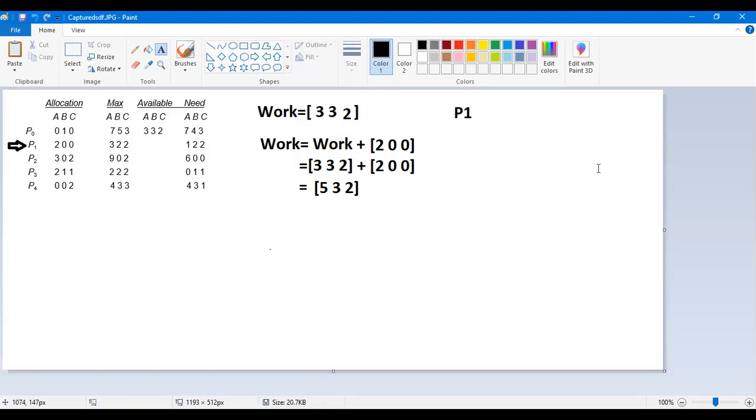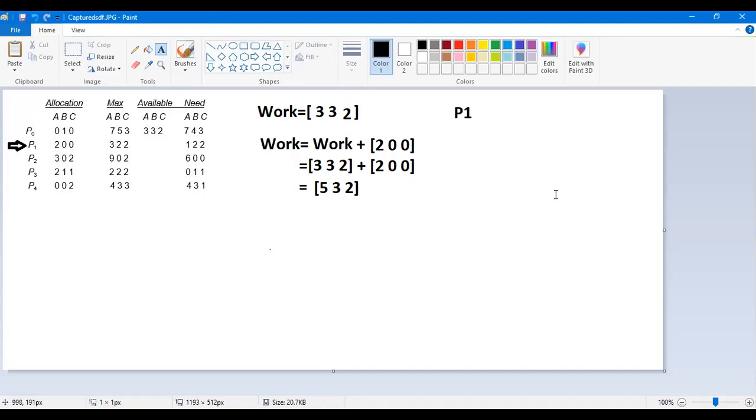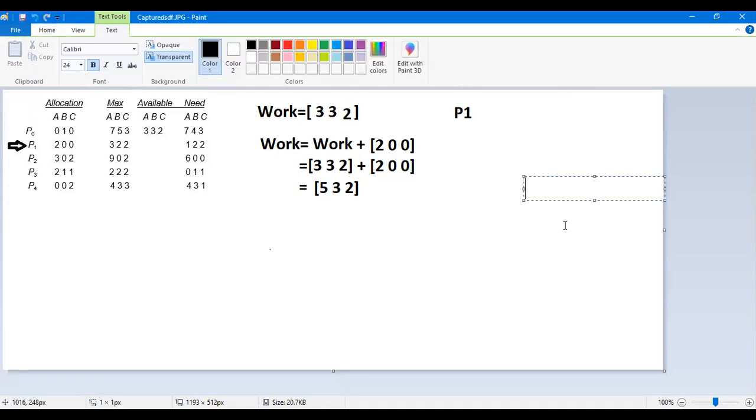In simple words, take a simple example. Here I am again writing, let's say available is equal to 5. At any instance, we have 5 resources. One process P1 is already having 2 resources.